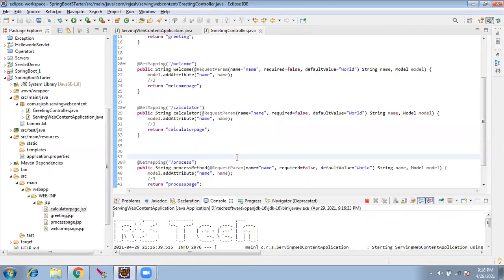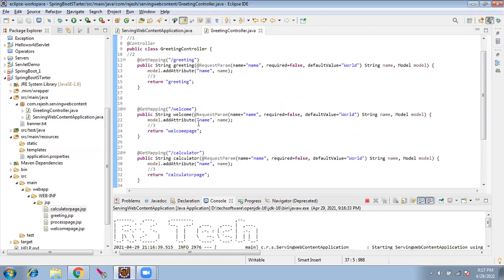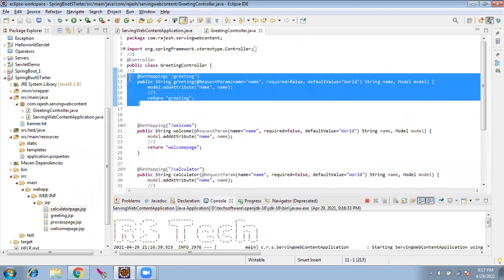Now this you understand, right? Any questions in this? And you see how simple it is. The entire servlet code has become just a few lines of coding, correct? Hello?